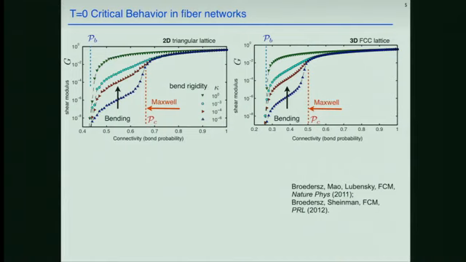It turns out also that you wouldn't see such a sharp transition because of finite size effects. But in the limit of a large system, there would be a very clear, continuous decrease in the shear modulus here towards zero. So what's plotted is the shear modulus versus connectivity, or the probability of occupying a bond, equivalently. Now, on the left-hand side, you have the subisostatic networks, and they are stable. They do have finite shear moduli in proportion to the bending rigidity, at least if we're far enough from this